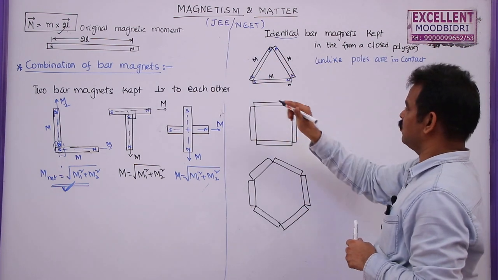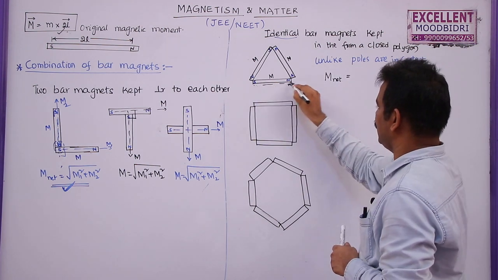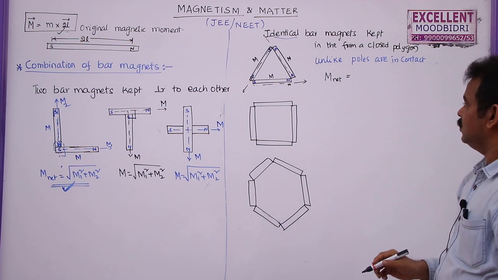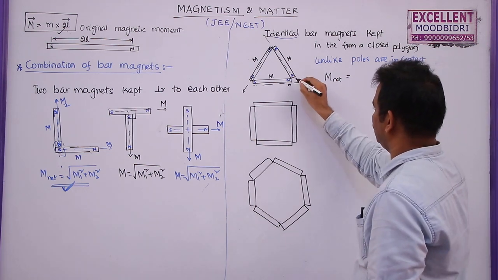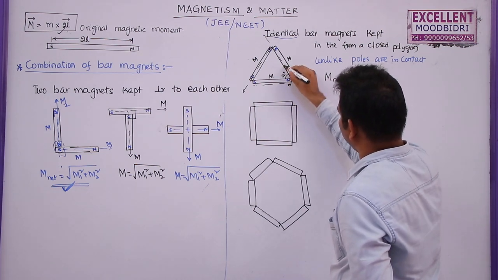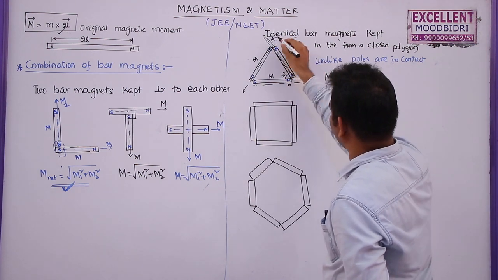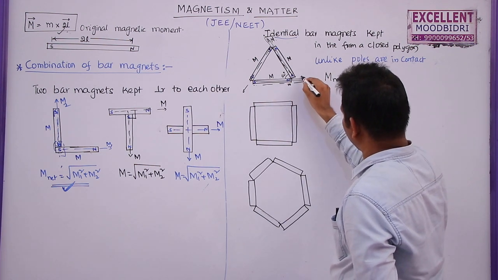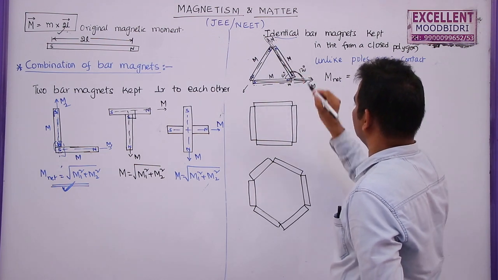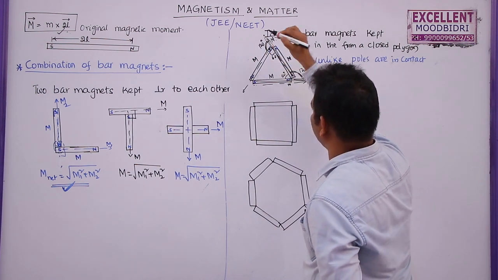So what is the resultant magnetic moment? So I am going to write M net is given by, this is along the x axis, and this is along this direction, and this is along this direction. So we need to find out this and this and this. We know that this angle is 60 degrees. All are identical, m only, this is m. So what is the angle between these two? This is 120, because this is m, this is m, angle between these two is 120. Similarly, as it is 60, this angle is also 120 degrees.